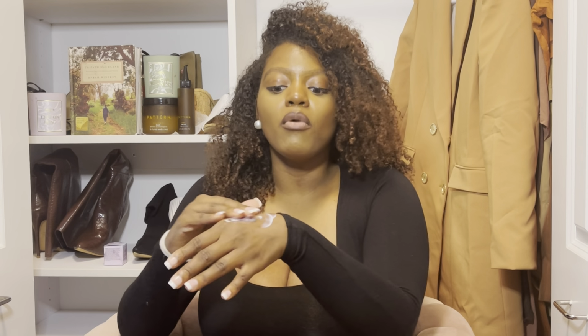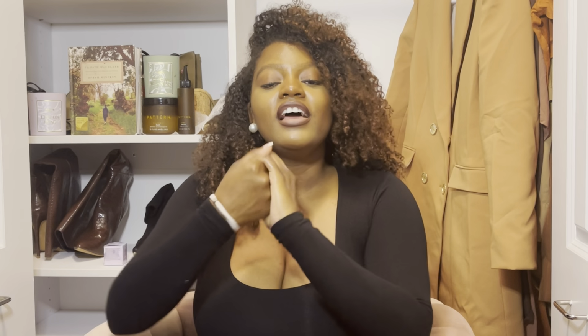It's very light and almost like an emollient type, and it just goes into your skin. It doesn't sit on top of your skin. Like there's no thought to it. It just feels like milk. It feels like a thick buttermilk that you're rubbing all over your body, and when you're done, you just feel